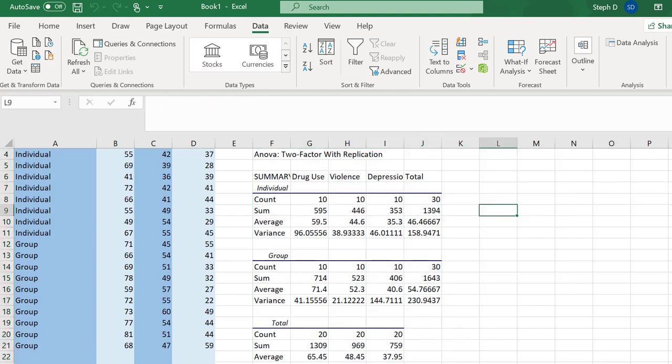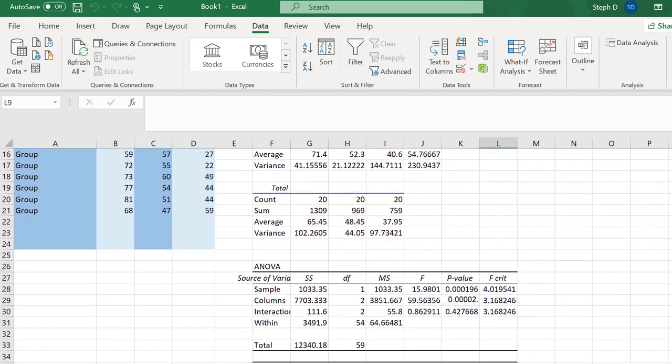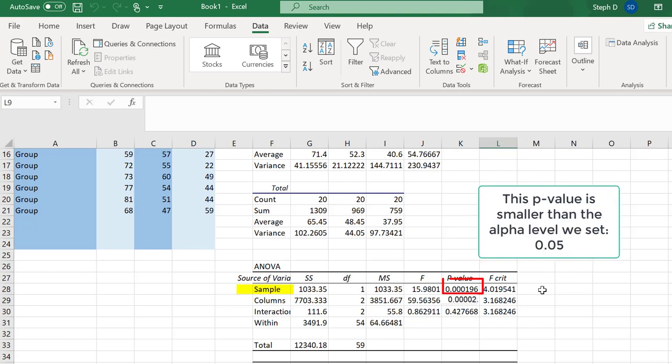The results give us a lot of useful information, but what I'm interested in is at the bottom. I'll be looking at 2 things, the F value and the P value. The sample here is individual versus group counselling. The F value is way higher than the F critical value, so it seems there is a difference between groups. We also have a very small P value, so we can conclude there is a significant difference between group and